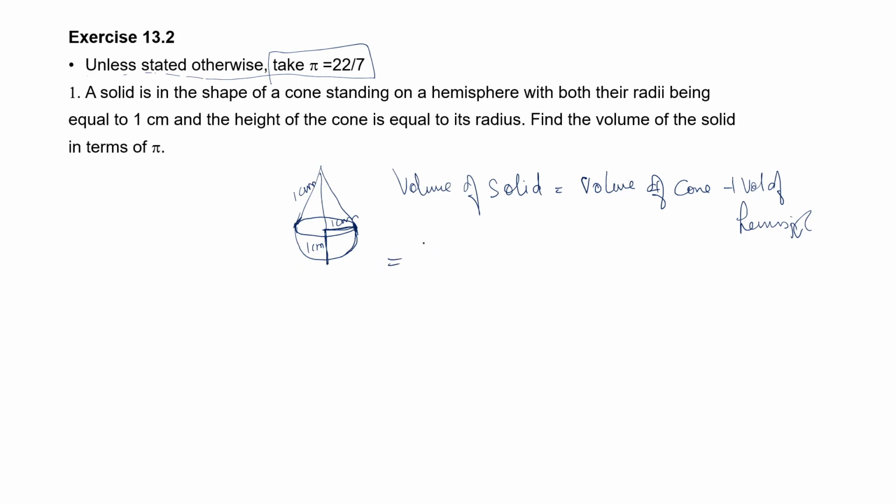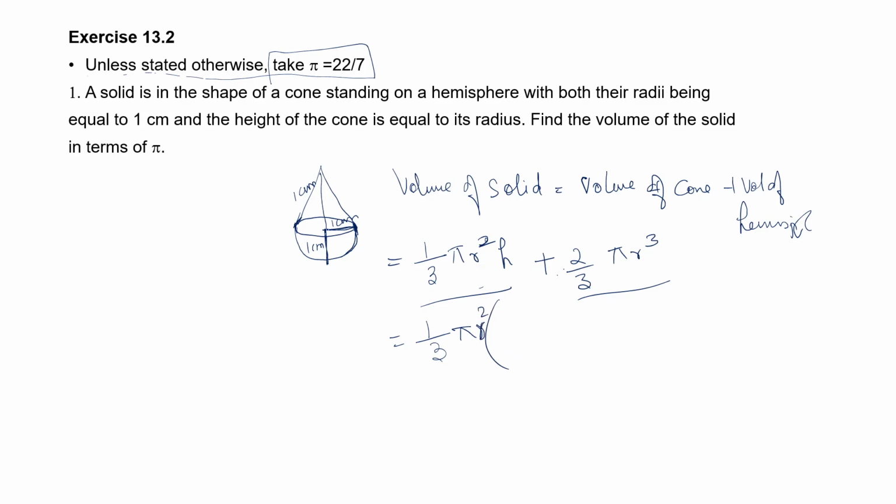So what is the formula for volume of the cone? I have taught you in the previous exercise. If you have not seen, please see that. You can remember those formulas so that you can easily do the sums. Volume of the cone plus volume of the hemisphere. This is the volume of the hemisphere, this is the volume of cone. Whenever you are doing this, you don't calculate separately, you always remove the common things outside, then the calculation will be easy for you.